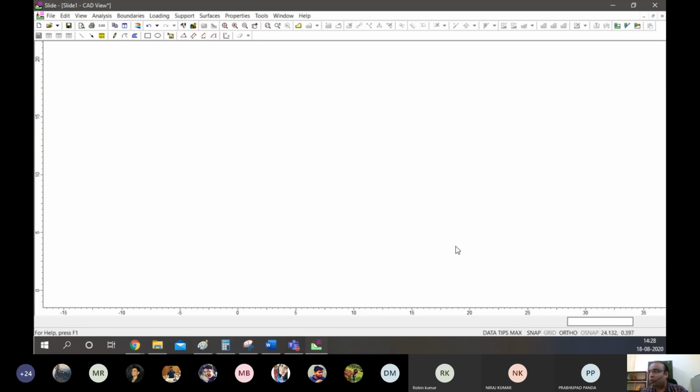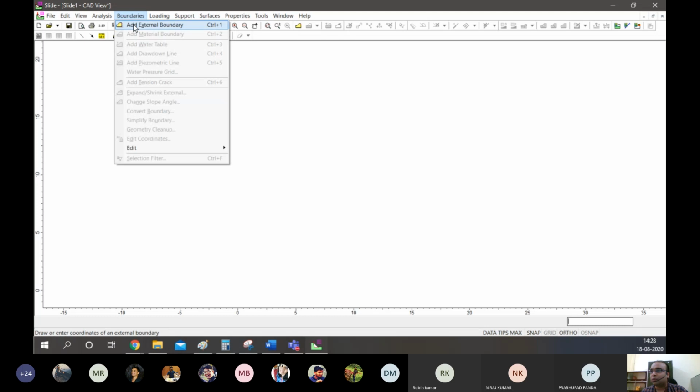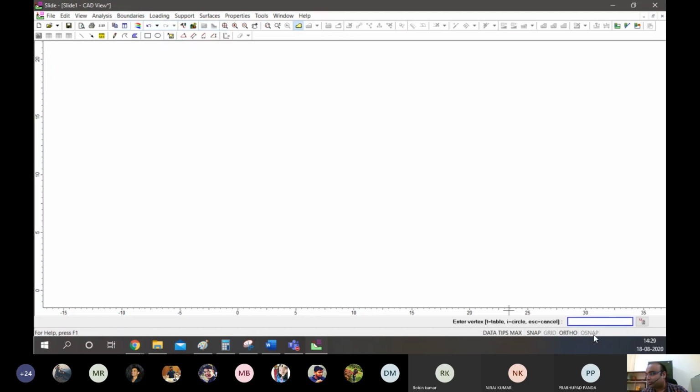So if we want to start making a boundary, we just press this Add External Boundary button that is here, or in Boundaries we can go to the tab and add external boundary. And here when we click this, we have the option of putting in the coordinates. Suppose we start from the origin, we press 0, a space, and another 0.